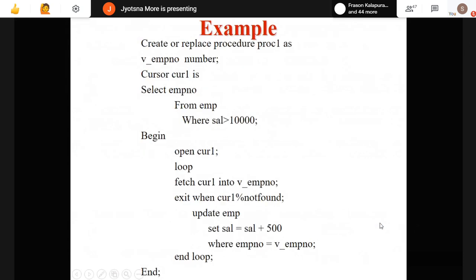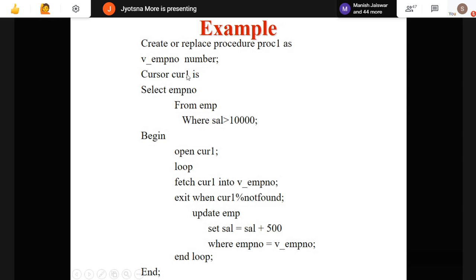This is another example of a procedure. Now the idea is clear, right? Here we are creating with create or replace procedure name, where AS or IS is a keyword, optional, and either one is accepted. These are the parameters: v_emp is a number. Here I have used something known as a cursor. Cursor is a keyword and curve1 is the name of the cursor.